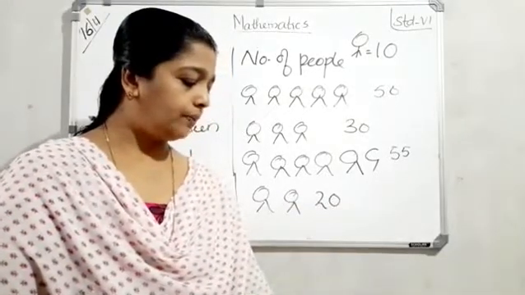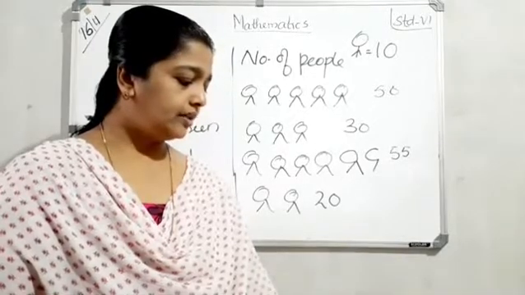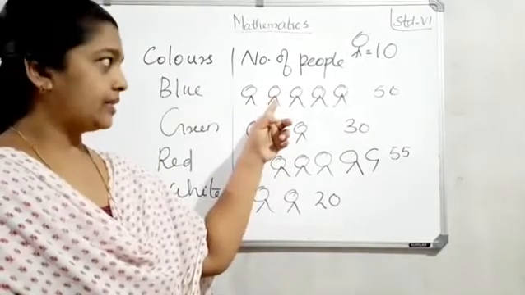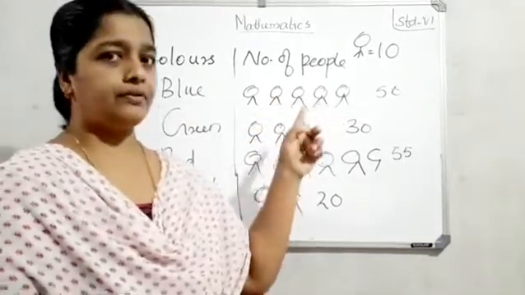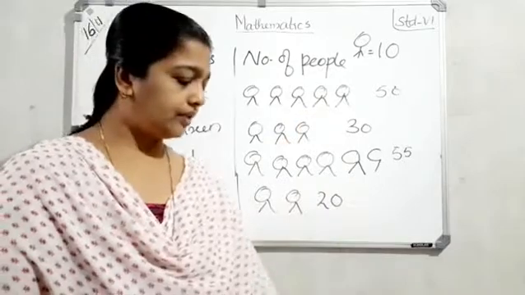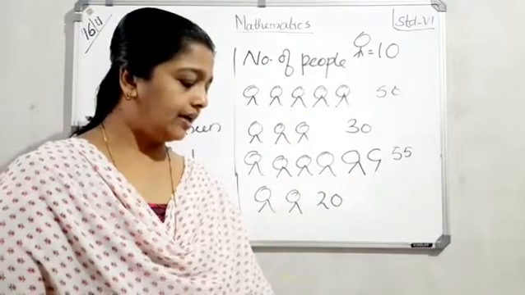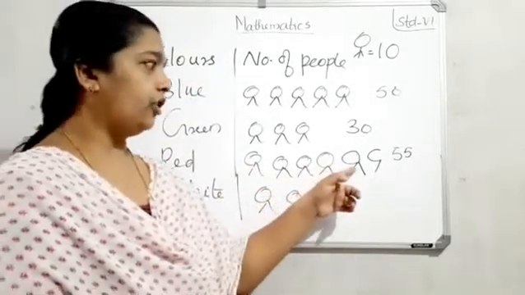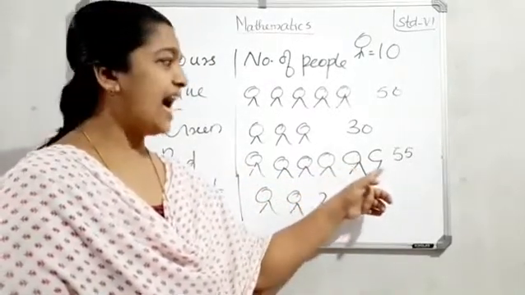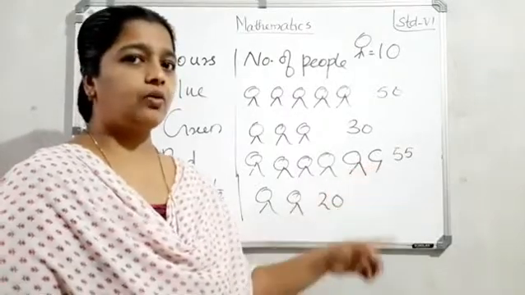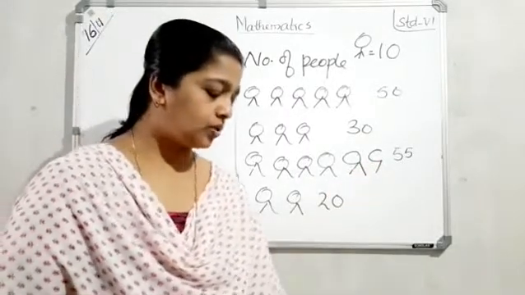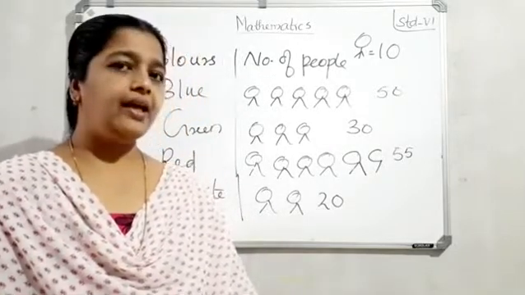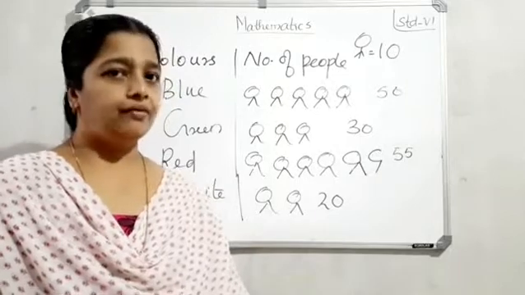Find the number of people preferring blue color. Here, blue color, how many? Say the answer. Yes, 50. So the total is 50. Write the answer in the textbook. Next, how many people like the red color? Red color, 1, 2, 3, 4, 5 full, that is 50 plus half only. So 50 plus 5 equals 55. There are only 2 questions. Clear? Write the answer: A, 50 and B, 55.